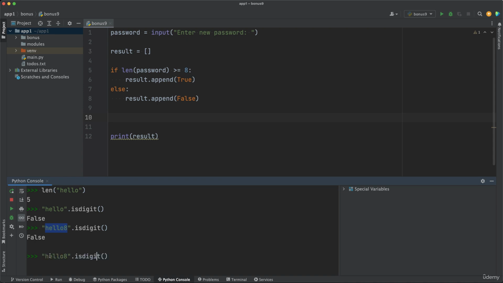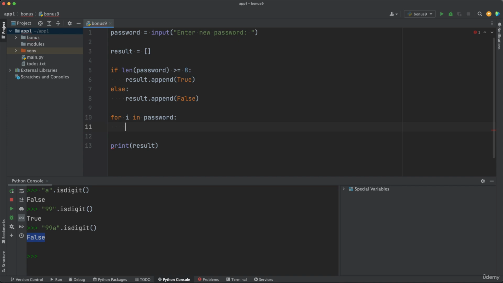So it checks if, for example, 8 is digit, then you get True. If it was A, you get False. If it's 99, you get True, so it's a number. But if there is one letter or other character that is not a number, we get False. Therefore, the only solution we could think of here is to iterate over